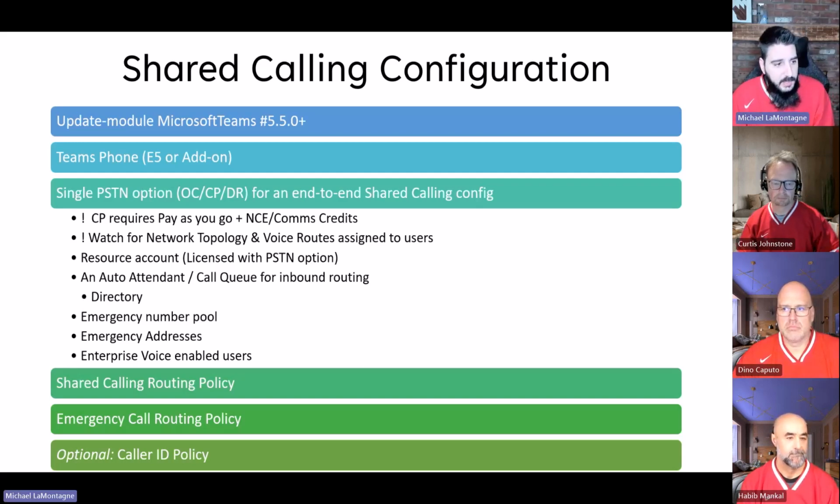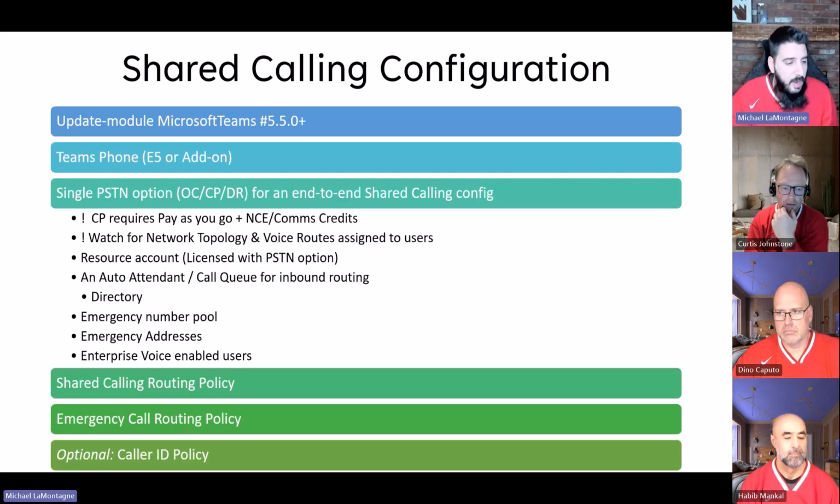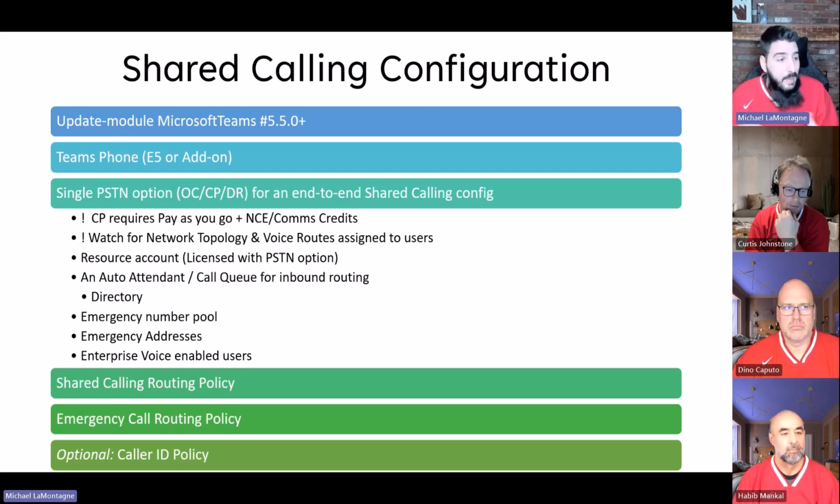The resource account needs to be licensed for the Teams resource account license, which is a $0 license, and then configured for whatever PSTN option you're using. So if that is calling plans, if it's grabbing a number from Operator Connect and having that Operator Connect agreement, or using direct routing. As we mentioned before, the inbound call isn't going to get back to the user unless